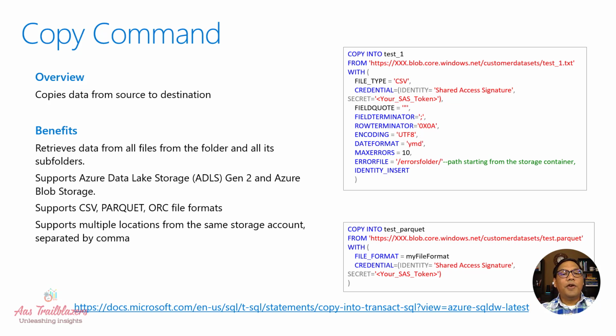The different types of formats supported are CSV, Parquet, ORC. And it supports reading the data from multiple locations from the storage account. You can have comma separated locations and it can pull the data from all those locations as specified. Some of the other flexibilities and functionalities the COPY command provides are, first of all, it does not require strict control